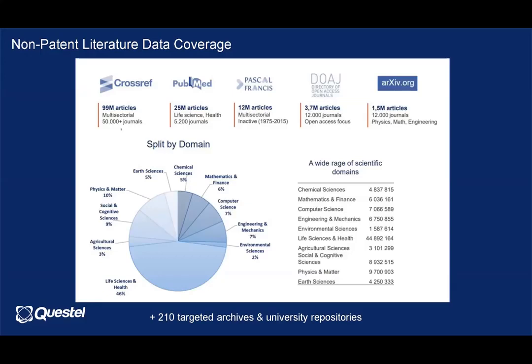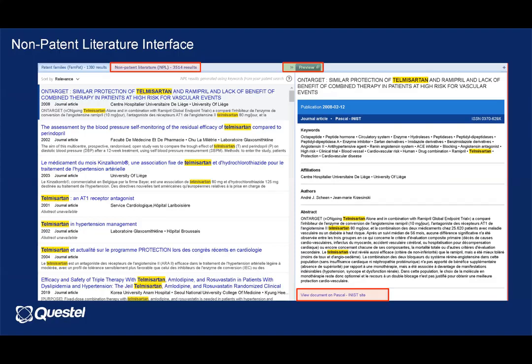Whenever you perform a search in Orbit Intelligence, there will be a dynamic tab just beside the patent family tab or hit list, which can be opened by clicking on the non-patent literature tab. This can be further expanded by clicking on an arrow and opening a preview. On the left-hand side, you can sort by relevancy score or publication score. Those give you tabulated results, and once you click on any hyperlink of an article, this will open up details like who published it, what the abstract is, and what authors or affiliations are associated with it.